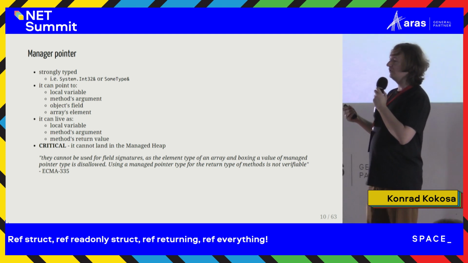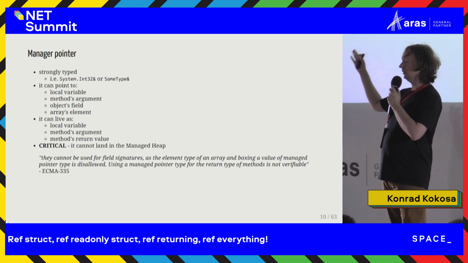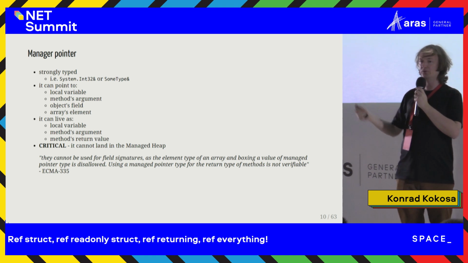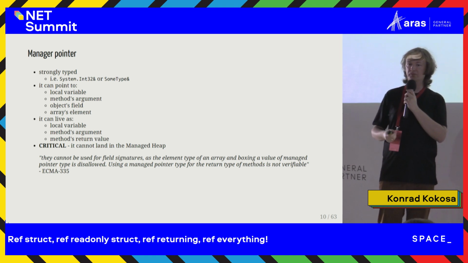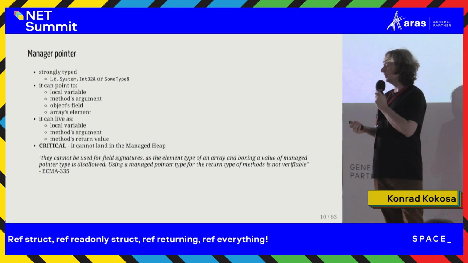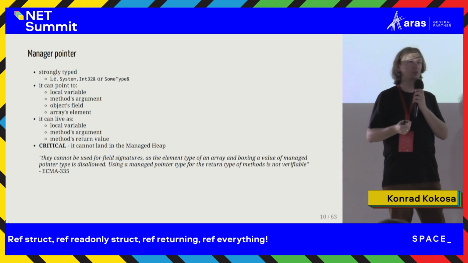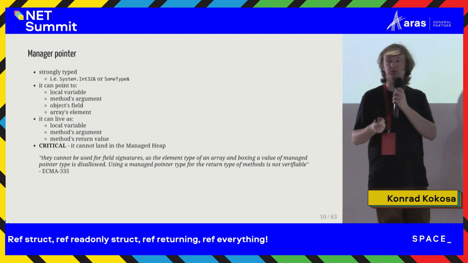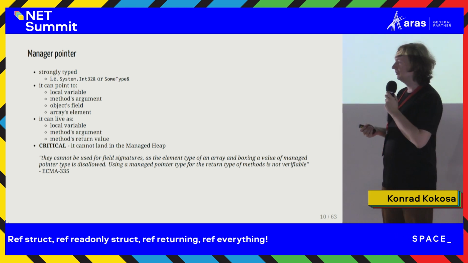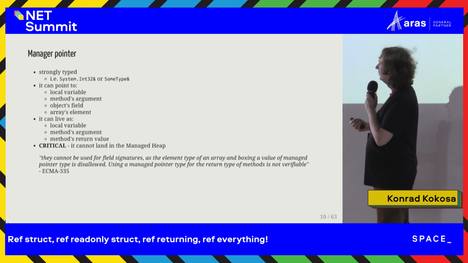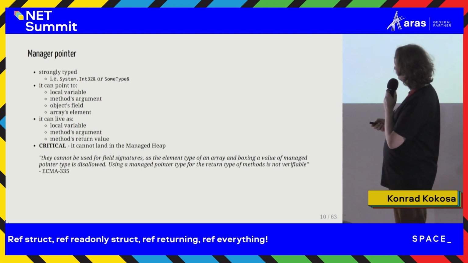Because imagine that we have a managed pointer living on the heap with some lifetime, and it points to a local variable. But this local variable is very limited, and it will just die after the method ends. And what should this managed pointer point to then? It's simply not possible to represent a local variable with a managed pointer on the heap. So,